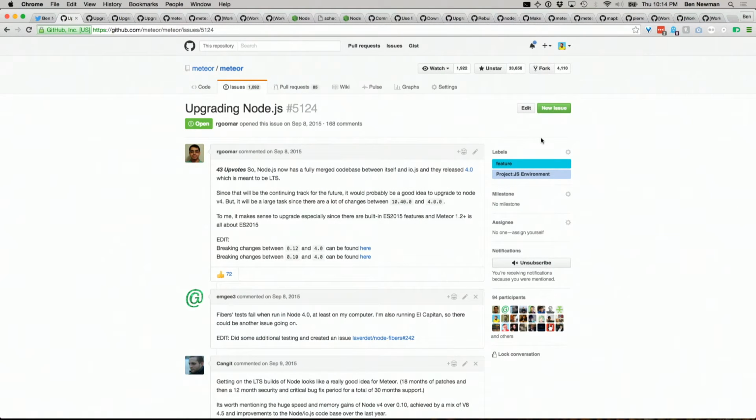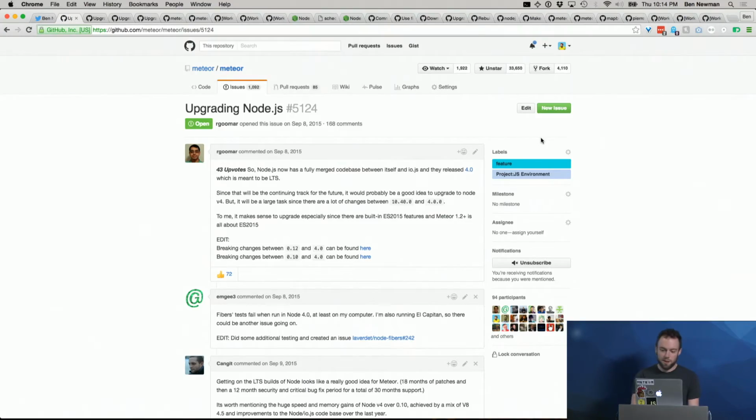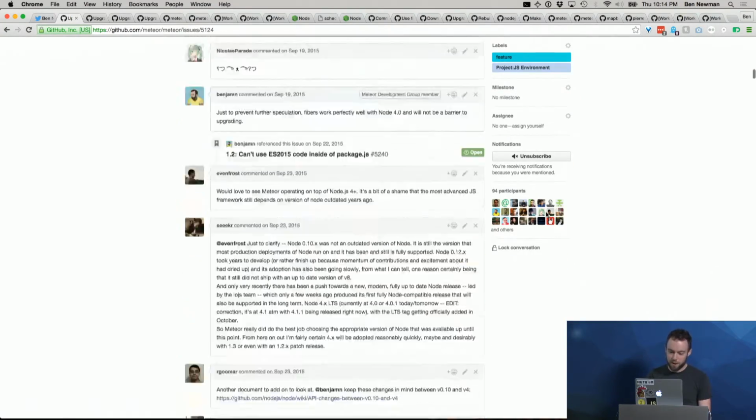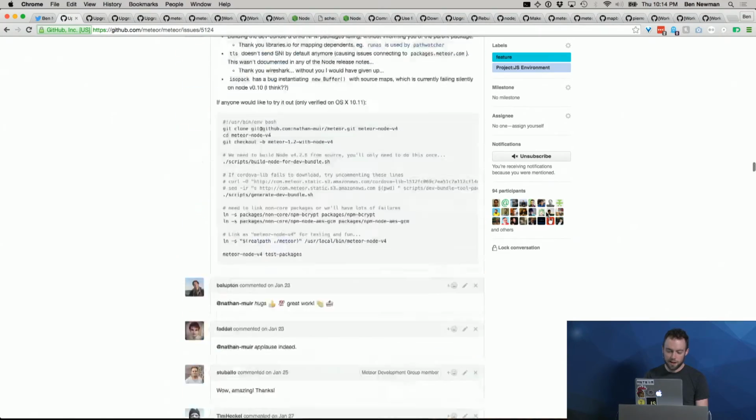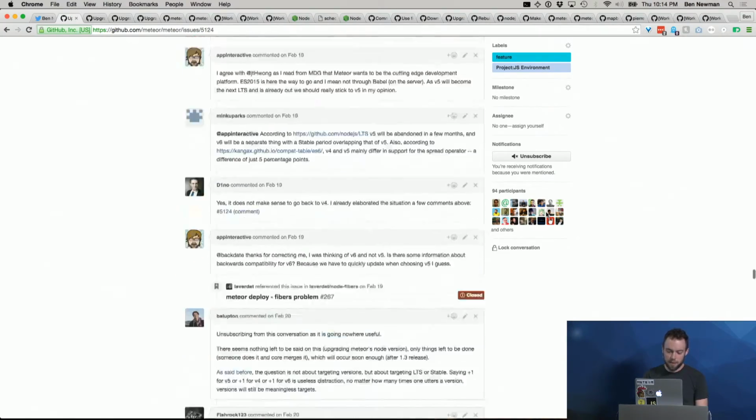But this one small feature got me thinking about what the future of Meteor, where potentially there are different versions of Node in play, might look like. And it reminded me of this thread, some of you may have seen, a very long, very active thread on the Meteor repository, all about upgrading Node,